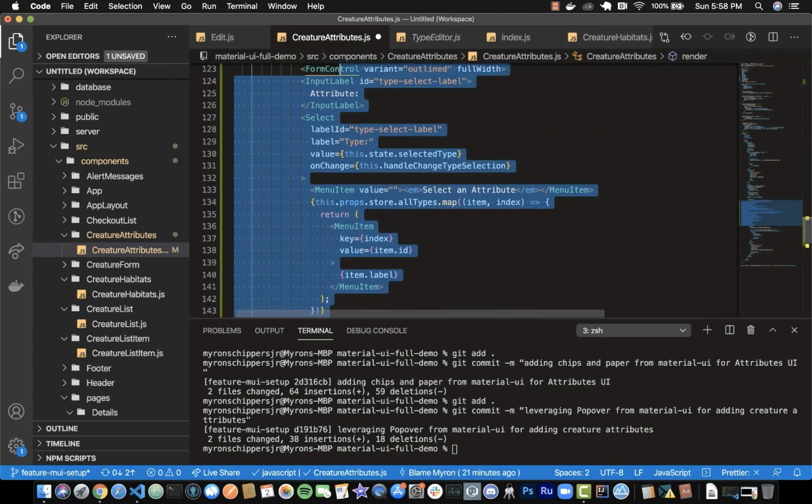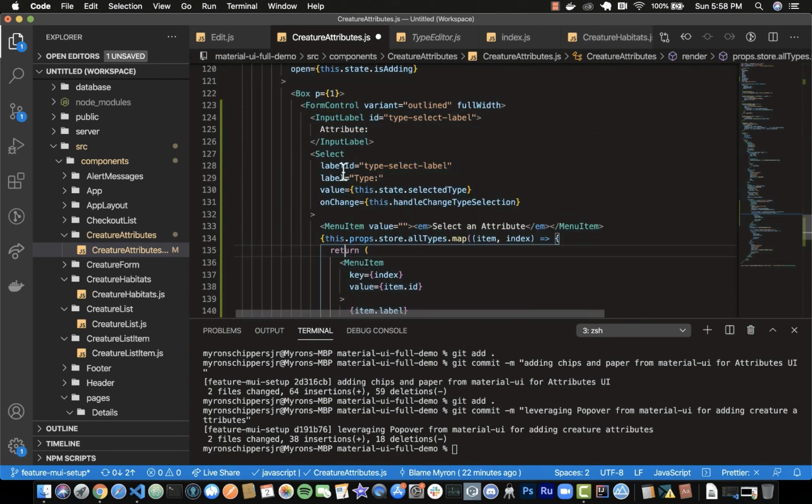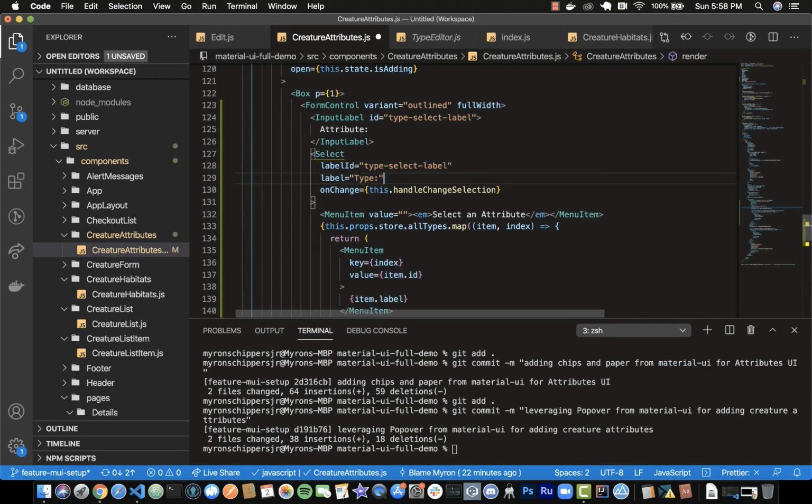I also need to tab this in a little bit more. So the onChange is going to be this onChange. We're not going to have an associated value. The label is not going to be type, but it's going to be this attribute, right? So attribute, and we're going to say attribute select label,